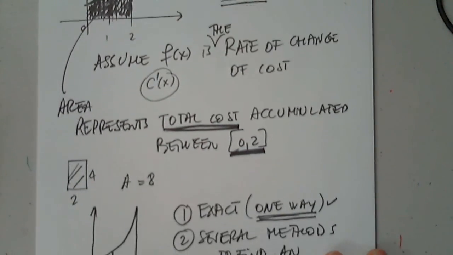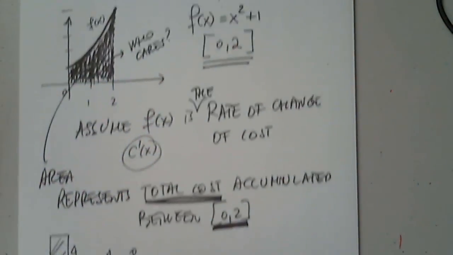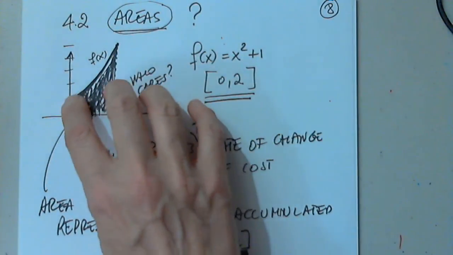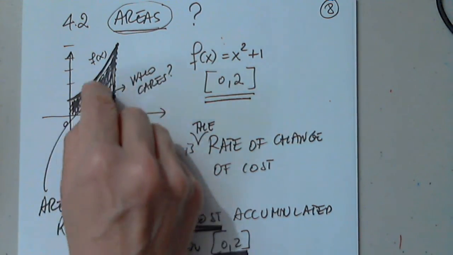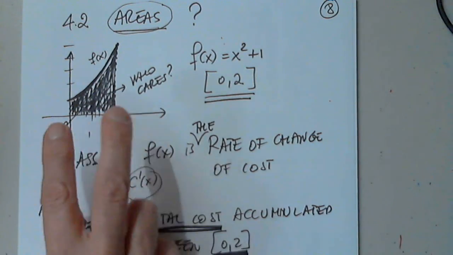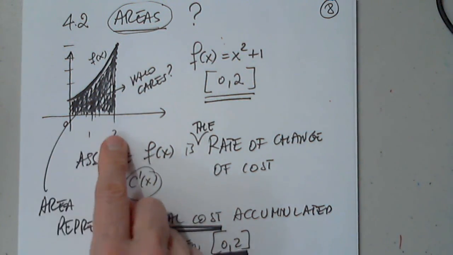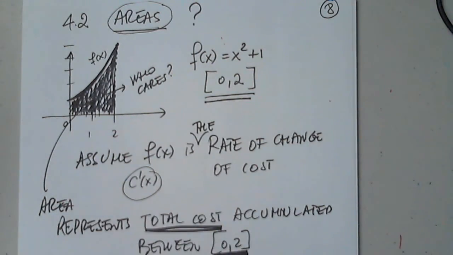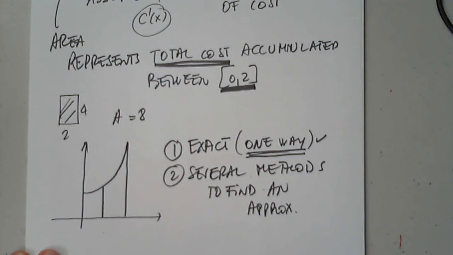Okay? So here are the several ways. Again, this could be not just cost, it could be the rate of change of profit. And then once I determine or approximate this area, I will determine the approximate profit between 0 and 2 months or 0 and 2 years or whatever it is, the measurement unit we have. So again,